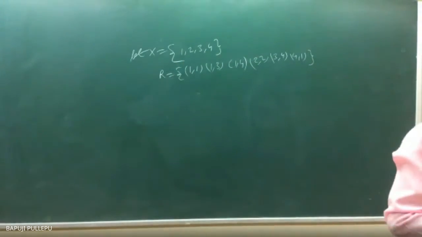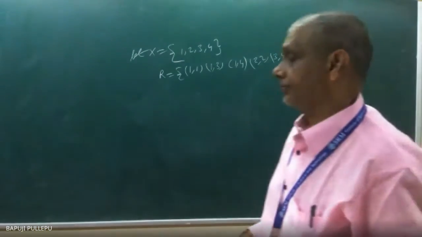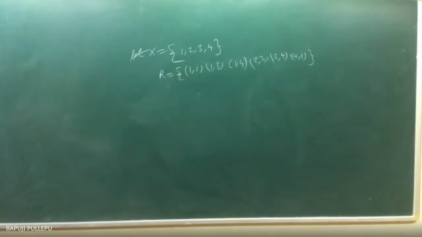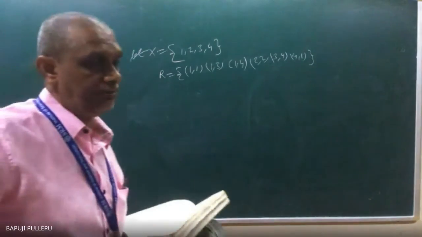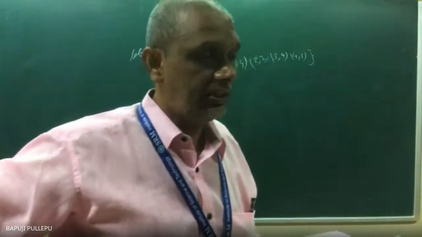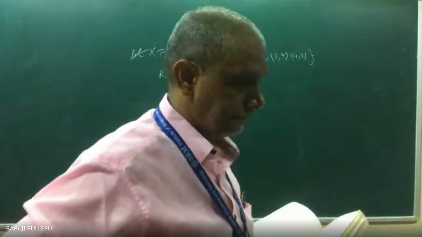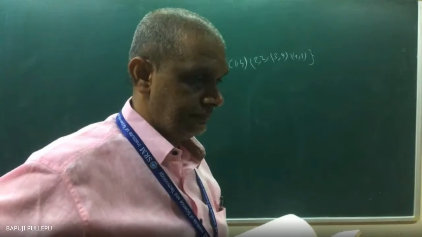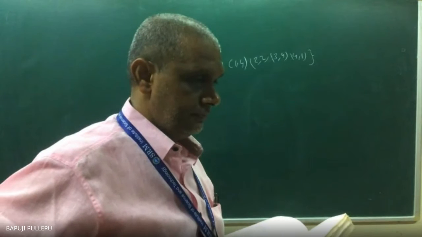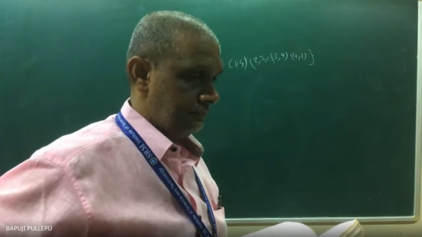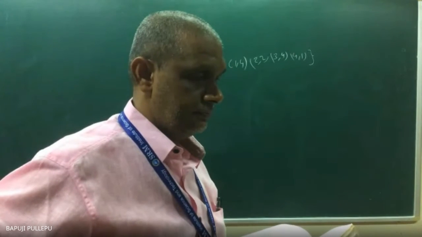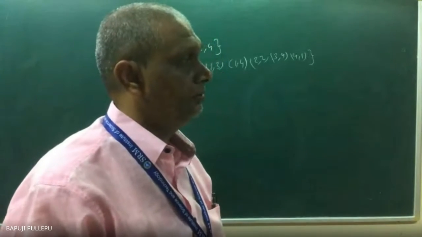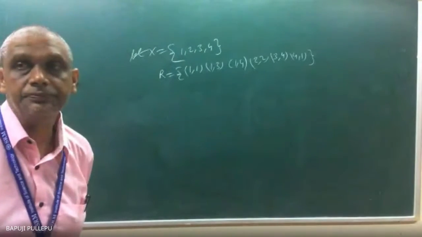Now, this relation you can see in matrix form. How many rows and how many columns will you get if you write it in matrix form? Tell me. Frame it in matrix form. Are you there or not? Hello? Sir, how many rows, how many columns will you get? 4 rows, 4 columns. Very good.